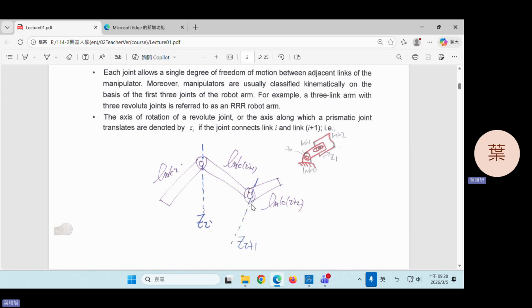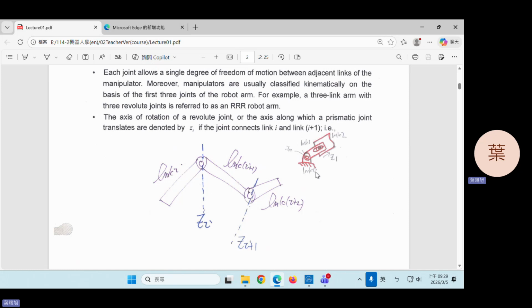And this joint, also a revolute joint, connects link i plus 1 and link i plus 2. The motion direction of this joint is denoted by Zi plus 1. So we usually define the motion direction of a joint by Z, the Z direction. Also, you can refer to this figure,